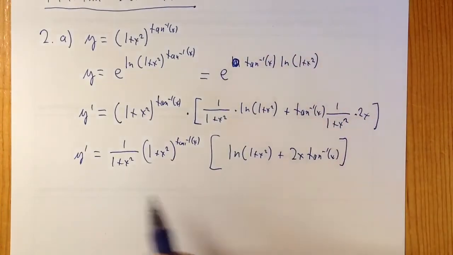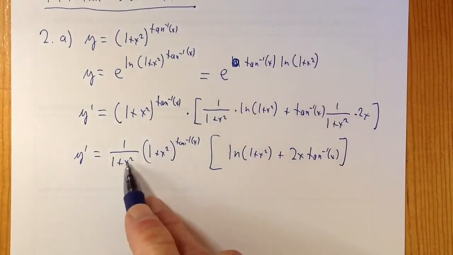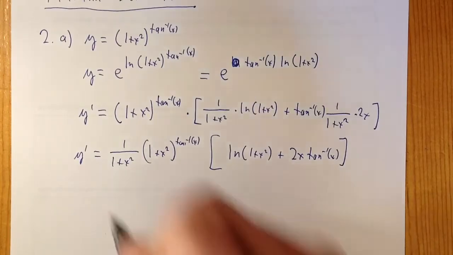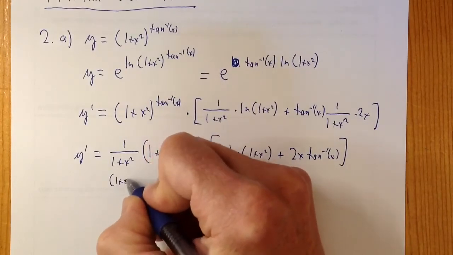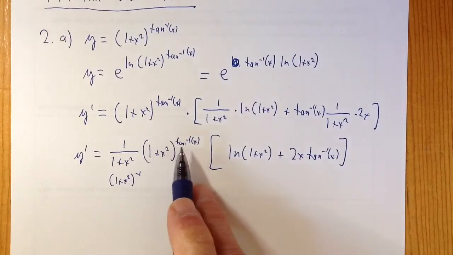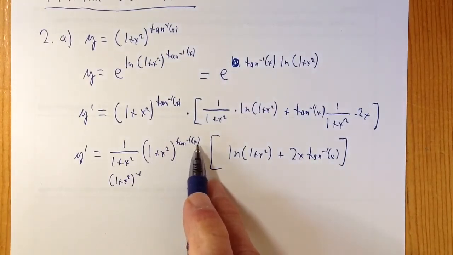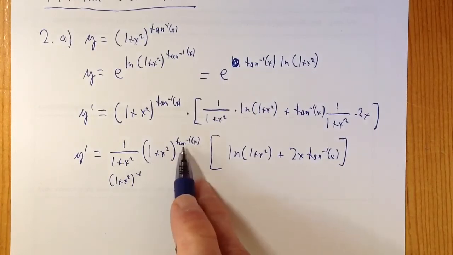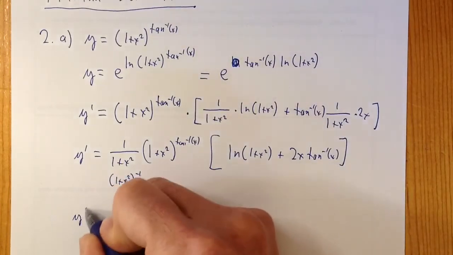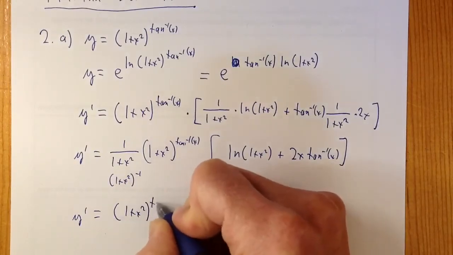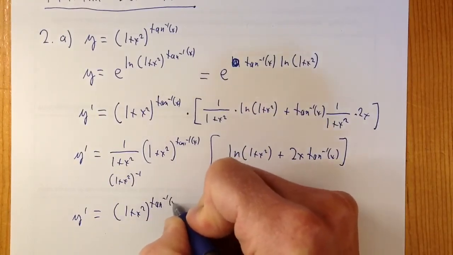Now, the tricky part here is, this is the same thing as 1 plus x squared to the negative 1, right? 1 over something is the same as what's in the bottom to the negative 1. So, if we wrote that as 1 plus x squared to the negative 1, we have 1 plus x squared to the negative 1 times 1 plus x squared to the inverse tangent of x. And when we multiply bases to the power, we just add the powers. So this is the same thing as y prime equals 1 plus x squared to the inverse tangent of x